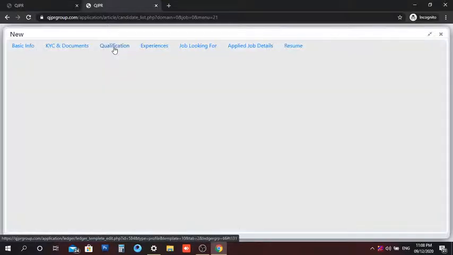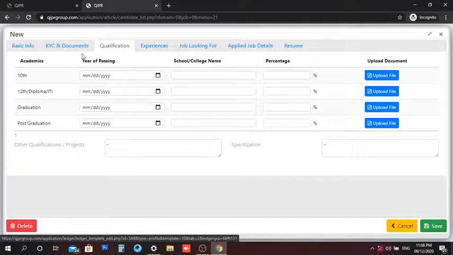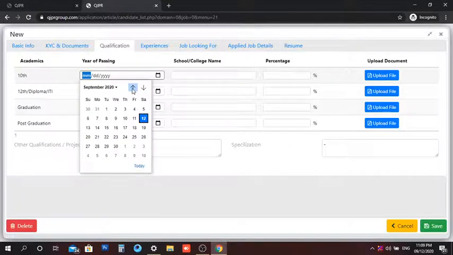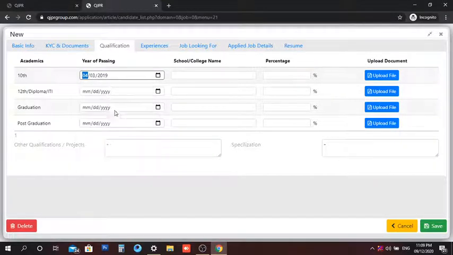So here in qualification you need to enter the academic details like 10th standard, year of passing, the school name, percentage, and if you want to upload the mark sheet, it has to be in a PDF format.